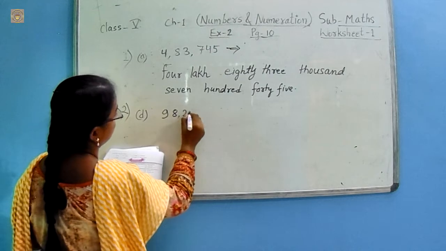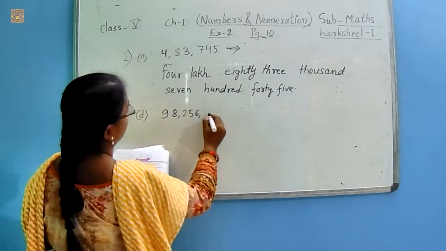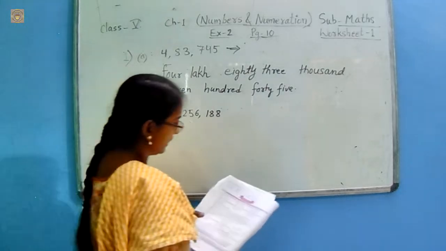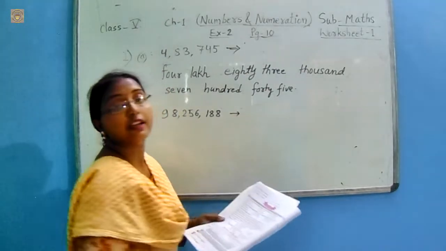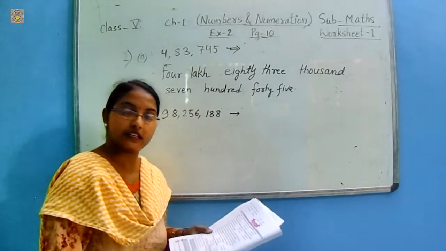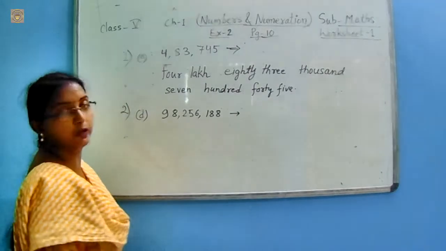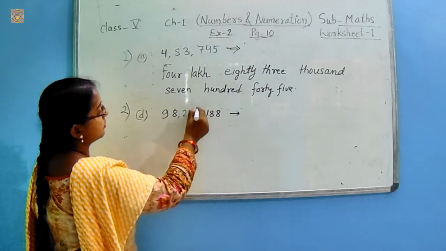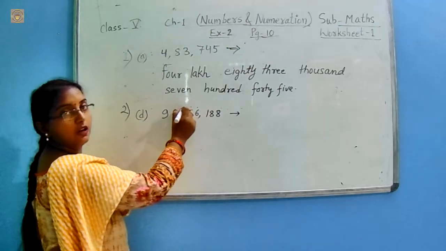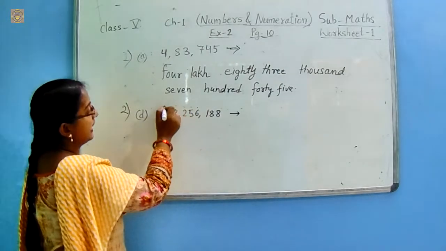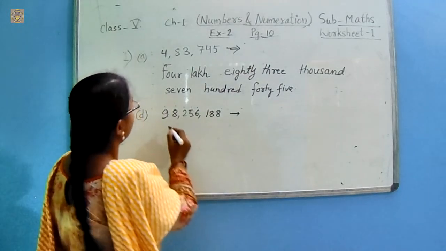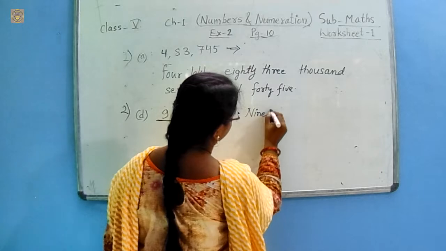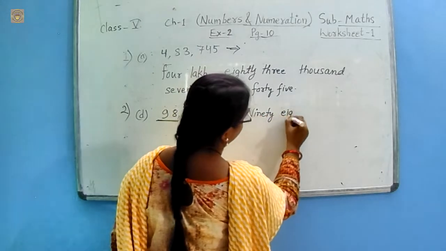Let us take one example, question number d: 98,256,188. You have to write this number in words using the international place value system. So what will this be? Ones, tens, 100, 1000, 10,000, 100,000, then million and 10 million. So this number can be written as 98